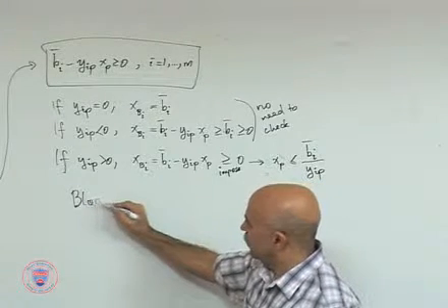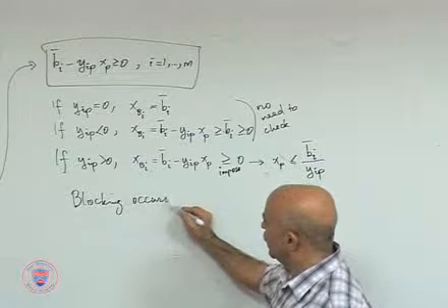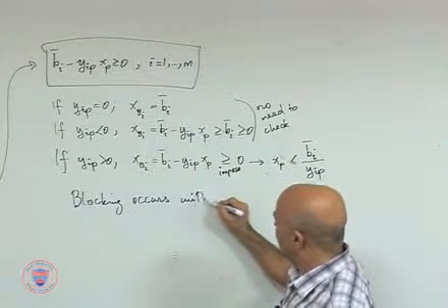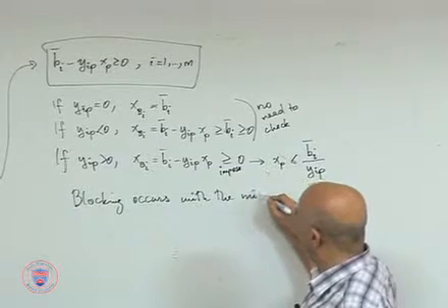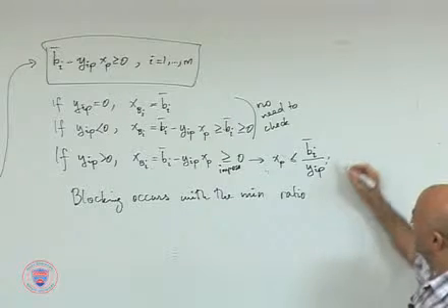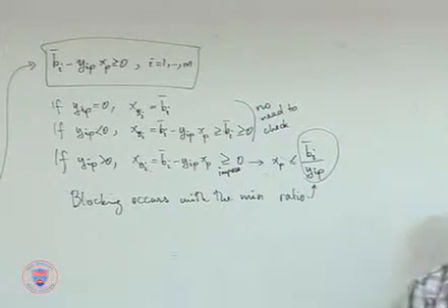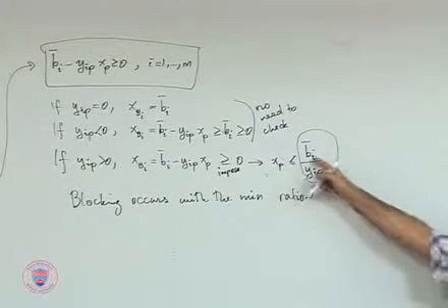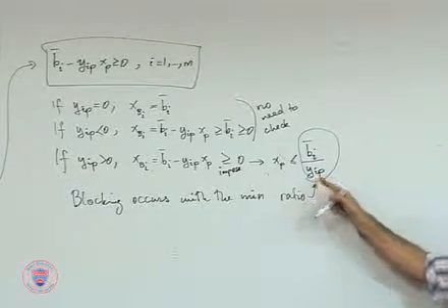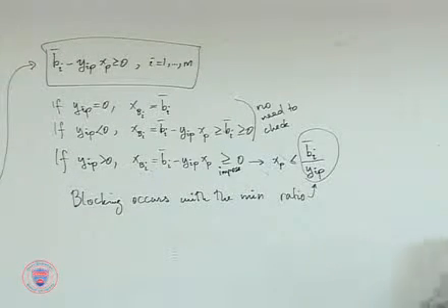Blocking occurs with the minimum ratio, if you refer to this as your ratio. Okay? It's the ratio of the current value divided by whatever coefficient you've got for the entering variable in that ith equation. So,